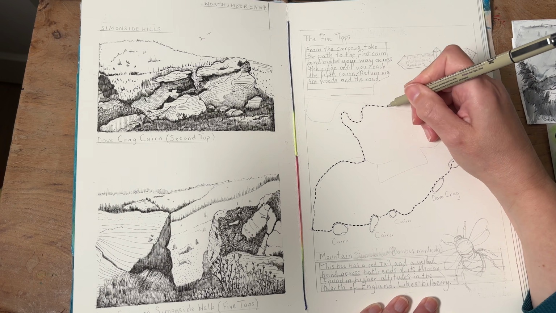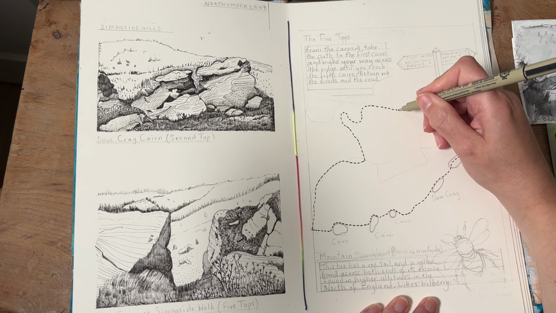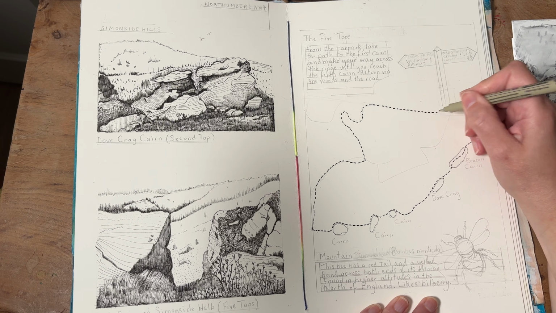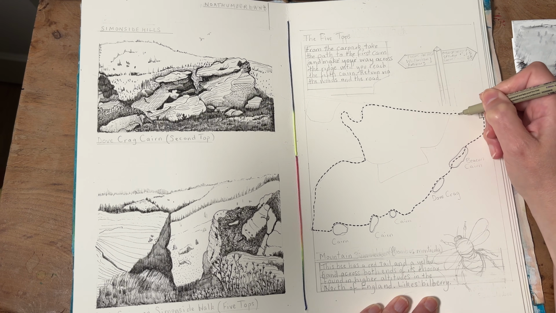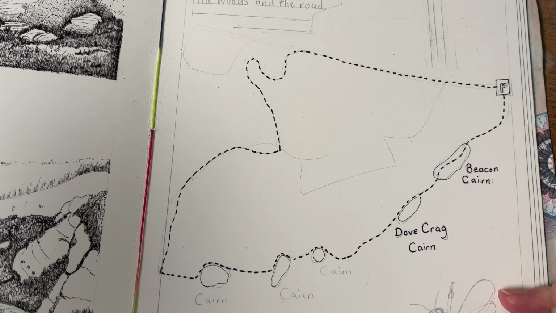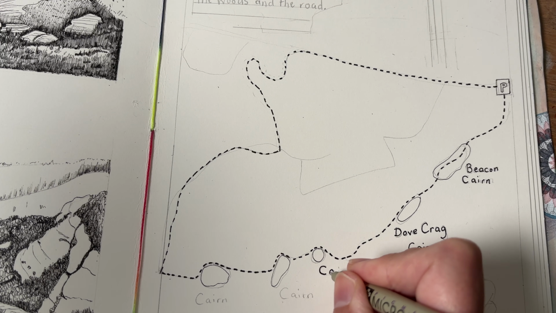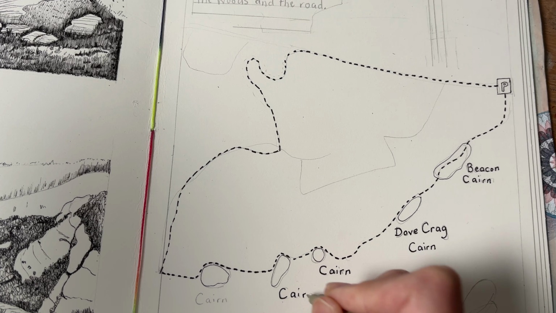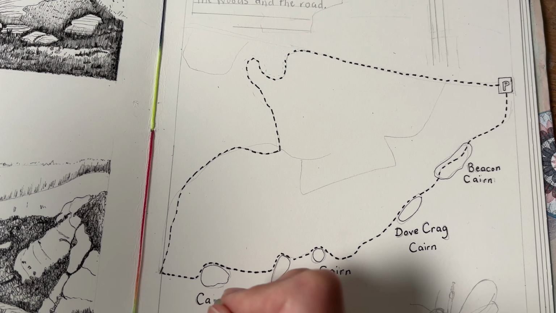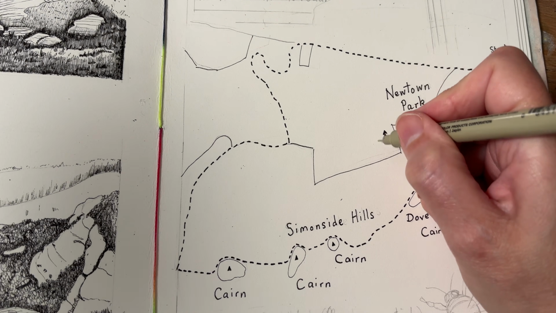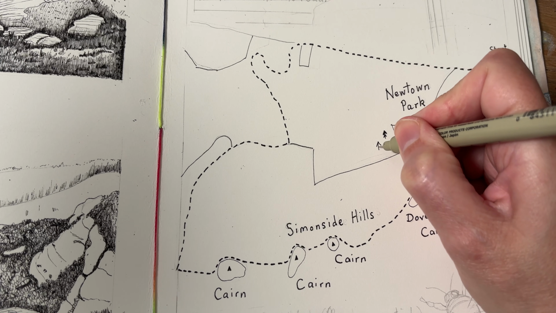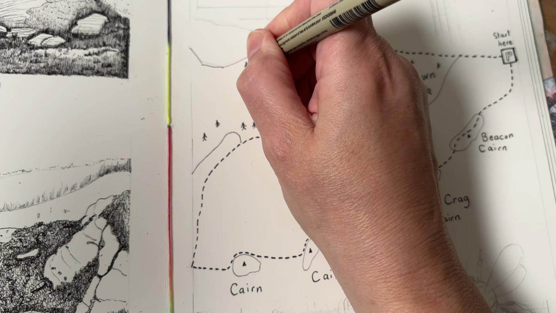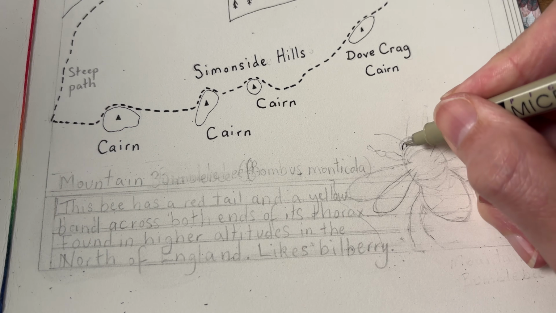You can do this walk the other way. Some people were walking to the end and then retracing their steps back to the car park and didn't do the circular walk through the wood. I've kept this map very simple and I've labelled the 5 cairns. I also added symbols that you'd most likely see on a map. There was a wood beneath the hills that had pine trees, so I did a pine tree symbol.